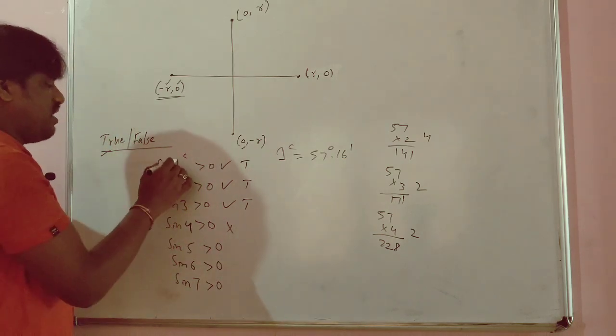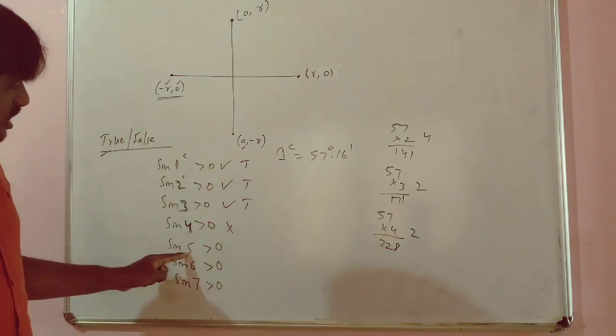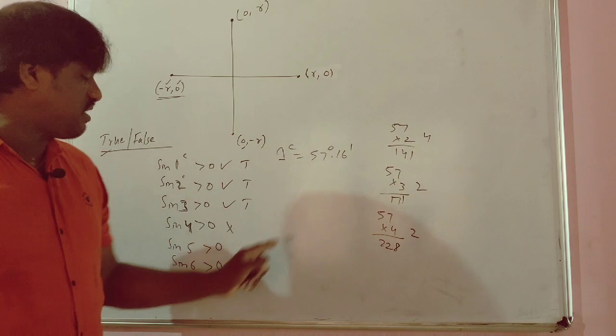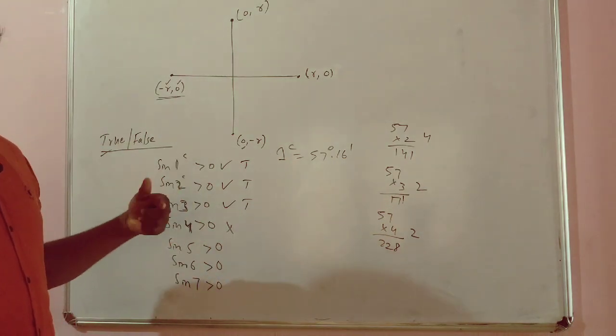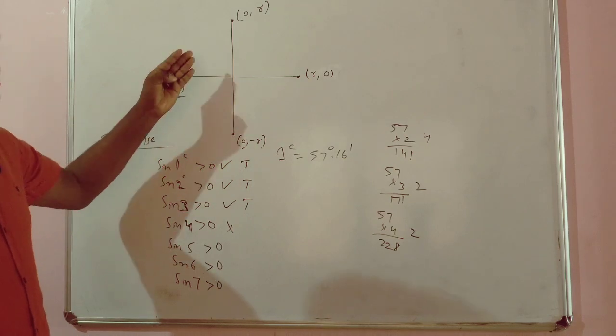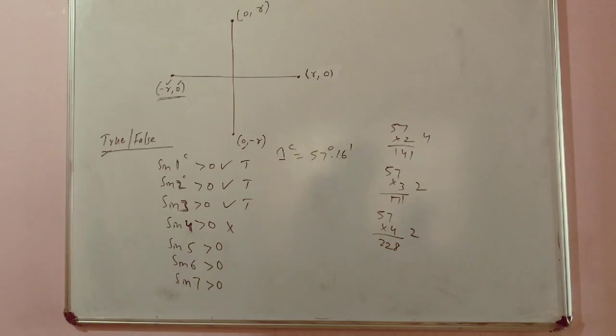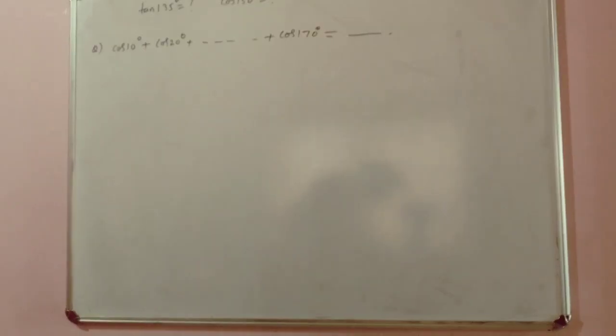Likewise, you can see the 4 means radian. Remember that if they give 1, 2, 3, 4, it means it is a radian. So these things you can do. You just multiply with 57. Check how many degrees you get. If it is more than 180 and less than 270, you see which quadrant it lies in. According to that you can write true or false. Okay. Let us solve some questions now.